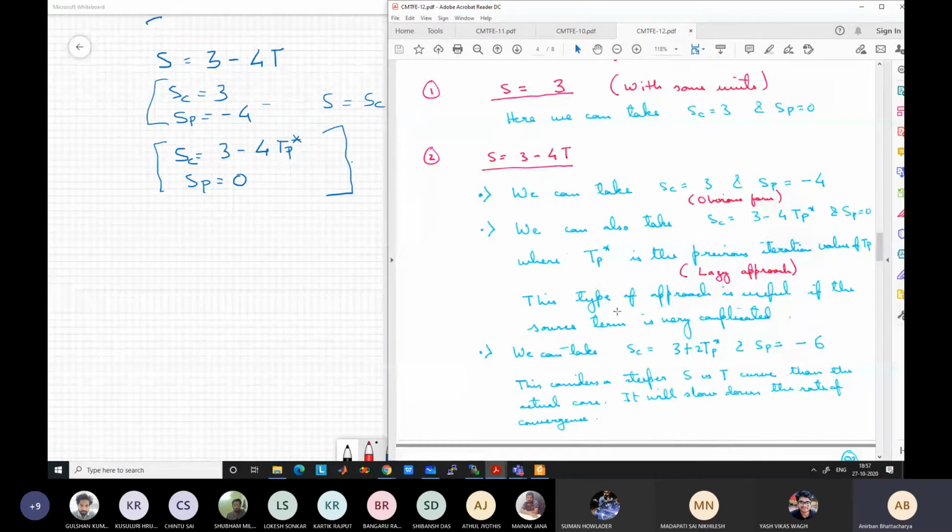Okay. This is useful if the source term is very complicated. If the physics is so complex, the source term can become very complex. In real life problems, it is not that I can have only 4 or 5 different terms as source terms, with derivatives and double derivatives occurring in our calculations. Because we try to put the equation in some simple form, everything else we put in the source term. Whatever is not fitted in the diffusion term, convective term and the unsteady term, everything else we put in the source term.